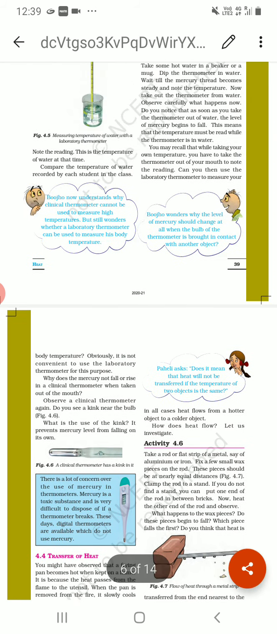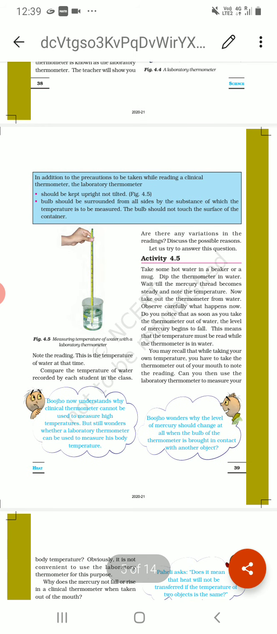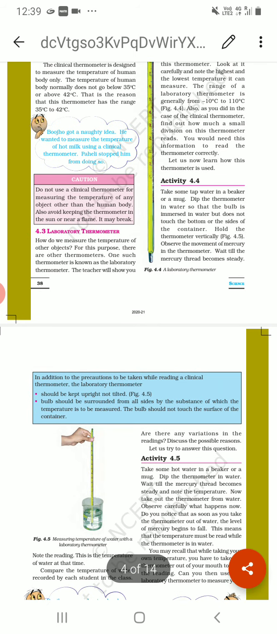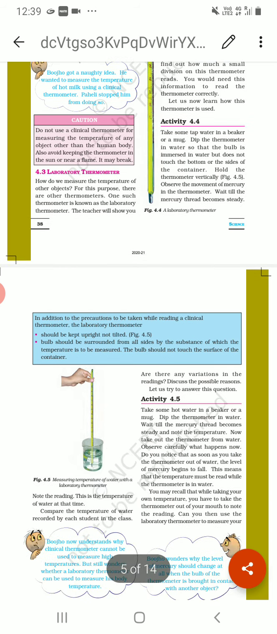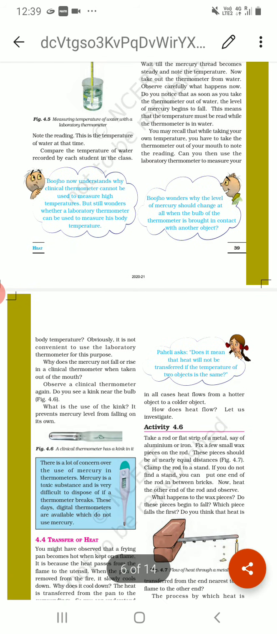So, you understood, students, what is a laboratory thermometer? The laboratory thermometer is used to measure the temperature of other objects. Okay, its range is from -10 degrees centigrade to 110 degrees centigrade. Okay, now